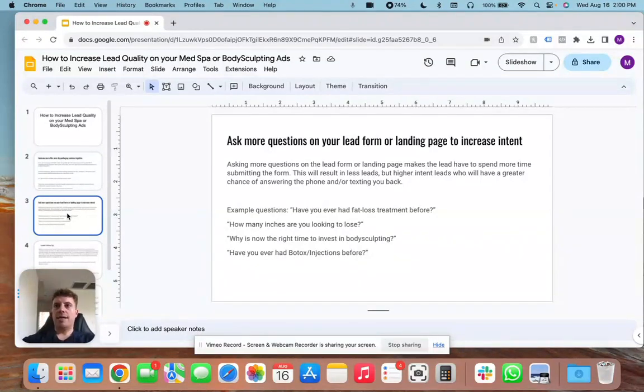But a lot of times this will produce leads that just fill out the form. They don't even remember filling it out. And then when you go to contact them, they either don't answer, or they say, I've never filled out your form, or I don't remember doing that. So what you can do is add more